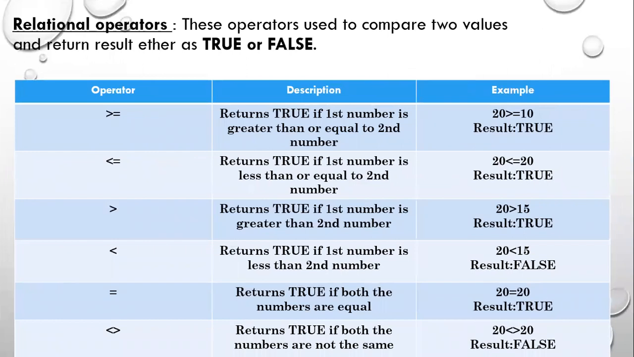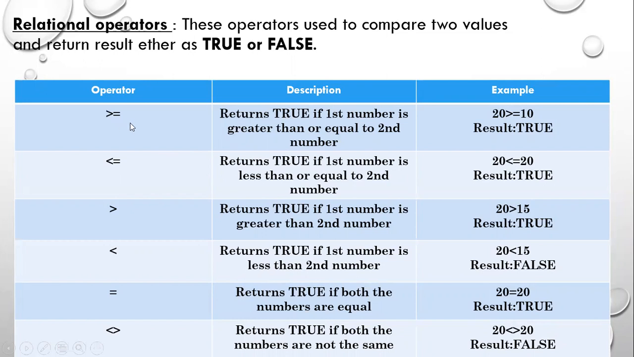The second type of operator is your relational operator. These operators are used to compare two values and give you a result in true or false. So a relation is between two. When you want to compare two values, that's when relational operators are used. These are given here. First one is